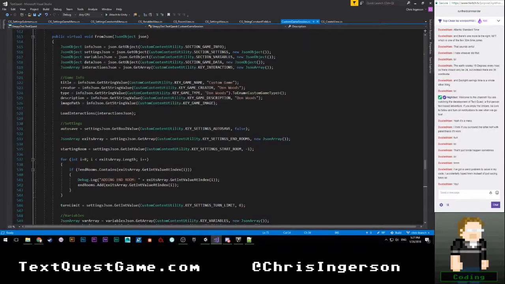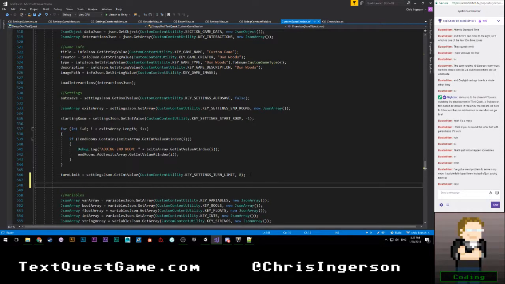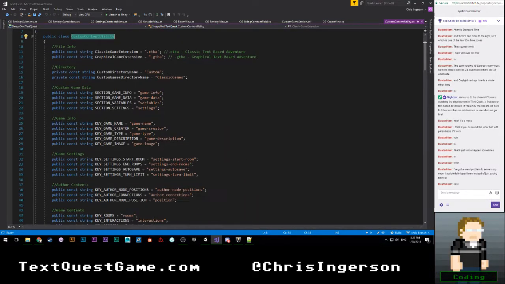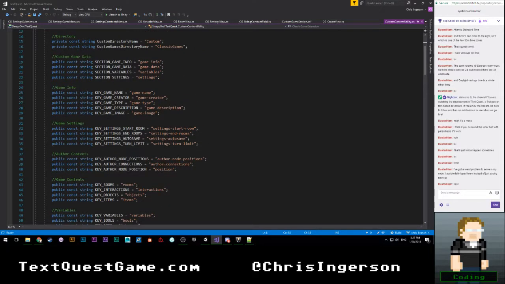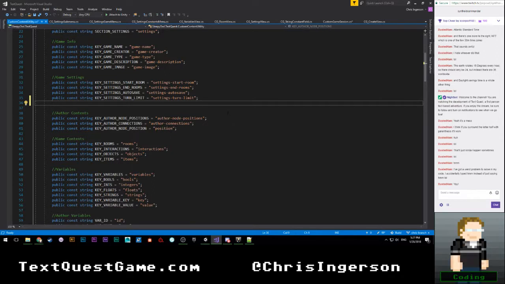So we're going to come back here, and in our settings JSON, where we start loading that stuff in, we need to grab our constants. So we're also going to have to go up here. Go to definition, and let's see, custom game data info. Here we are. So we're going to say public const string key, not lay, key underscore, and also not public.